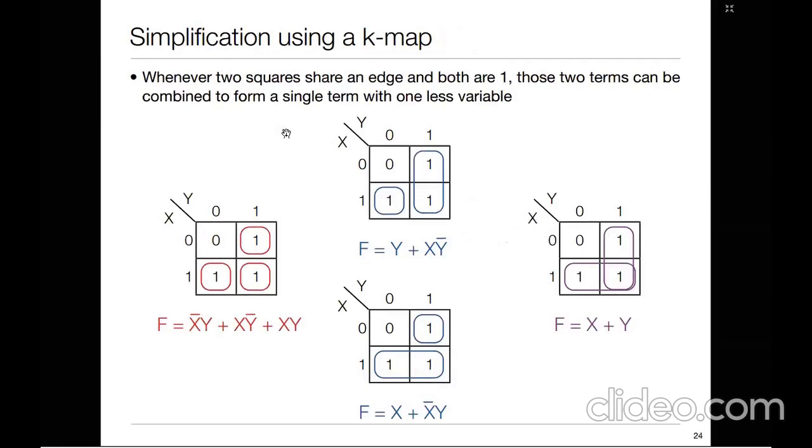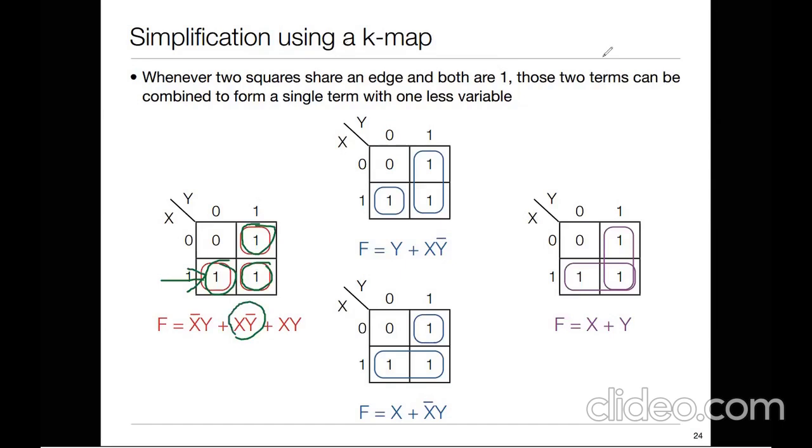Now how will we simplify a K-map? What is the first rule I told to simplify the K-map? You can group single ones. Now if I see here, I've grouped single ones. The first one over here, second one over here, and third one over here. Now what is the variable with respect to the first one? This will be nothing but x into y bar.